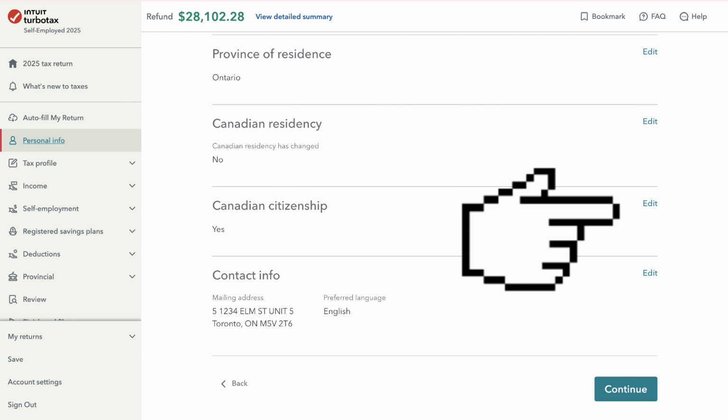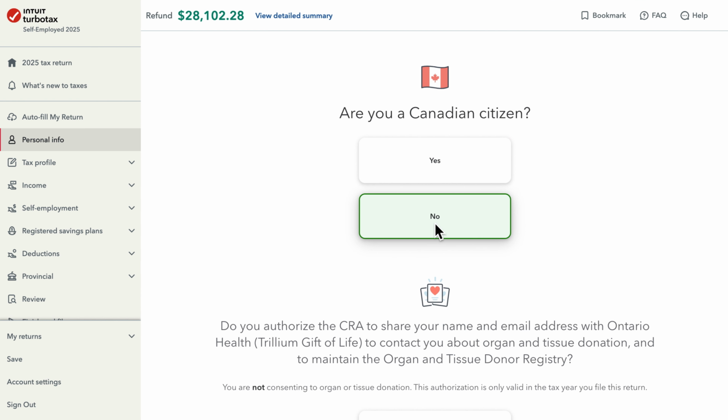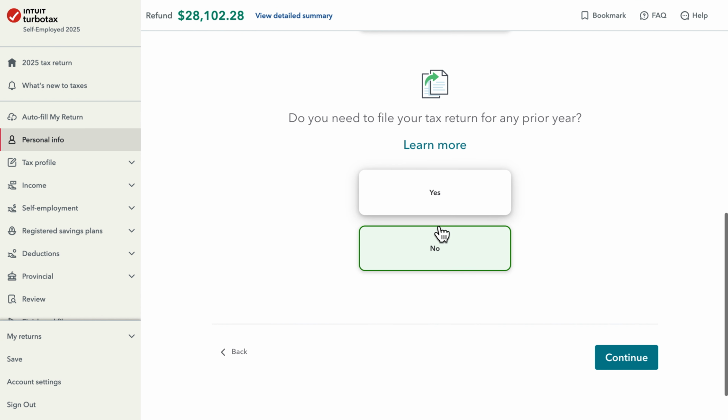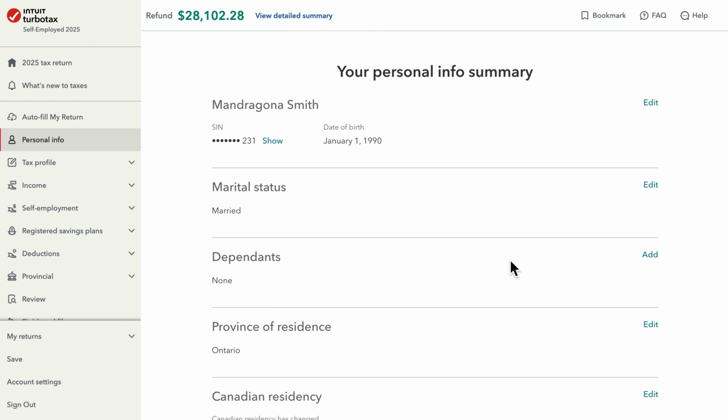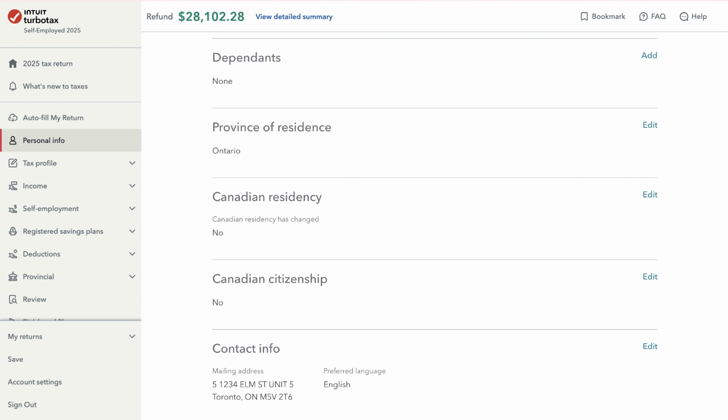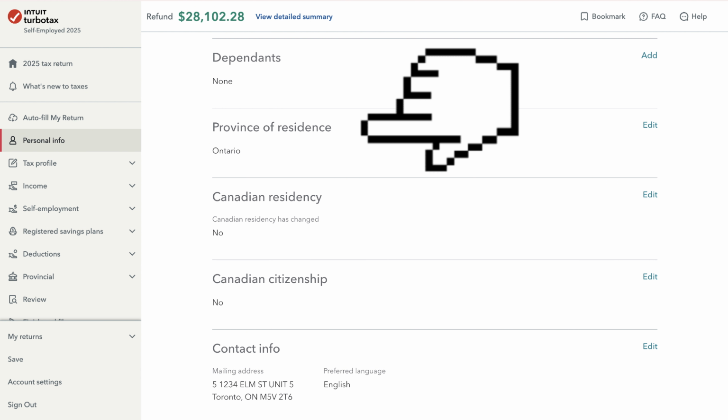Then hit the edit button beside it. And you may answer some questions regarding your Canadian citizenship. And there you go. Just keep in mind to also check your province of residence if you ever move from